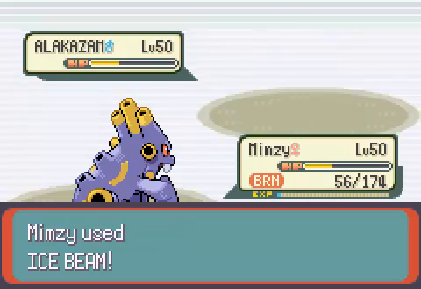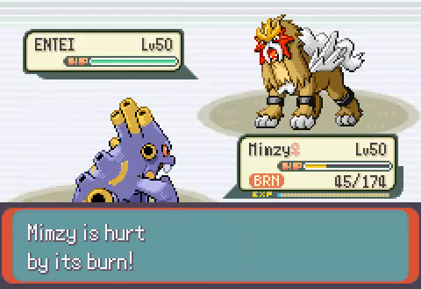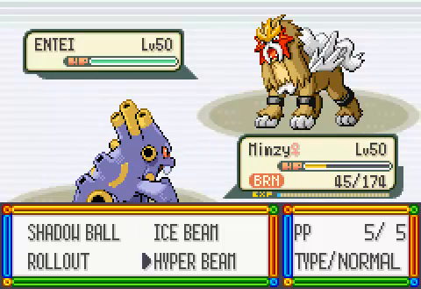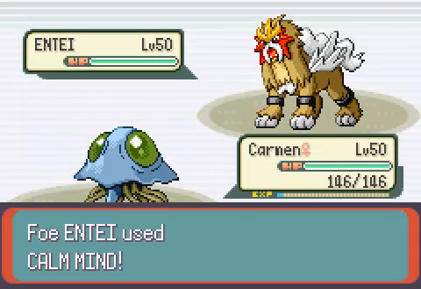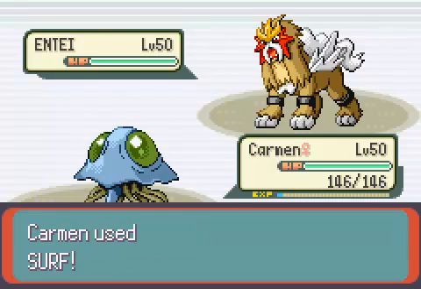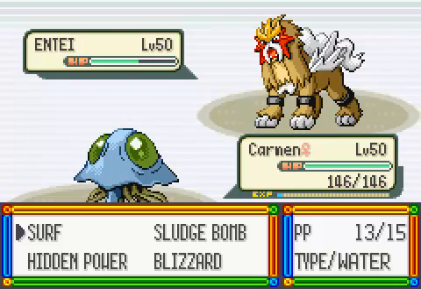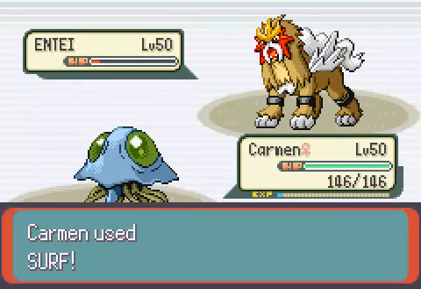Let's try Ice Beam. And I got burned. Doesn't matter. Let's try to get this son of a... It's gonna outspeed me, though. Whatever. Hyper Beam and... yeah. Then we die. Whatever. You die. No. No Calm Mind. No, please no. Calm Mind. See, that would have done over half if he hadn't used Calm Mind. It's okay. If it keeps spamming Calm Mind, I don't...